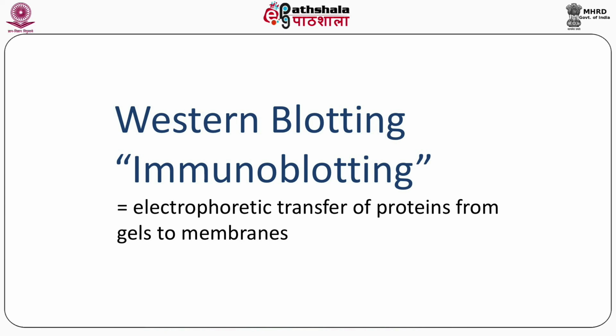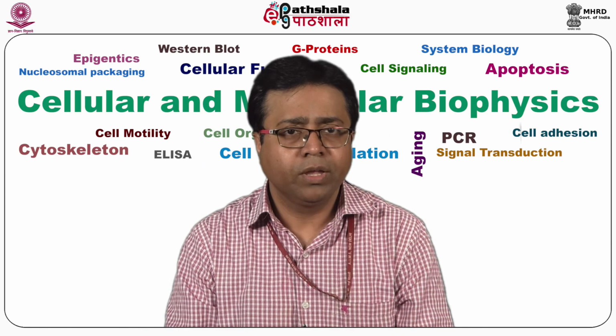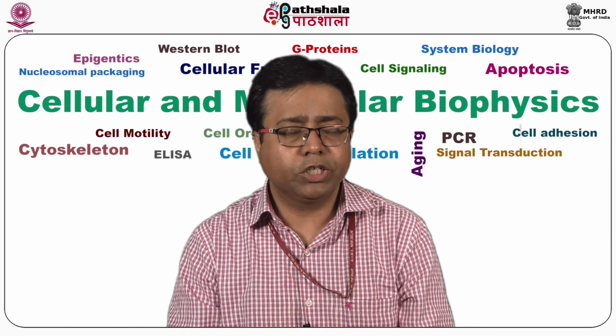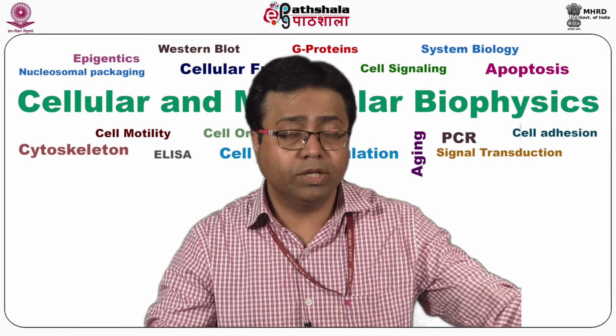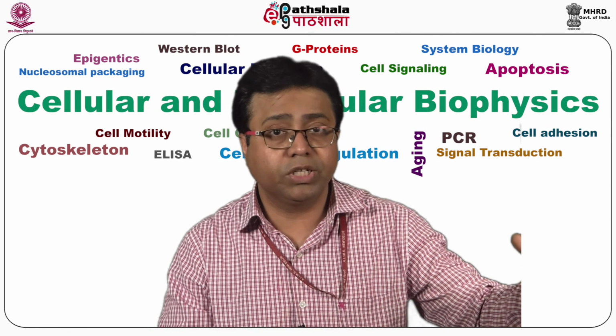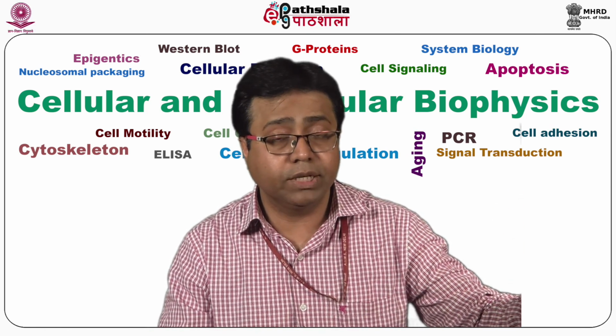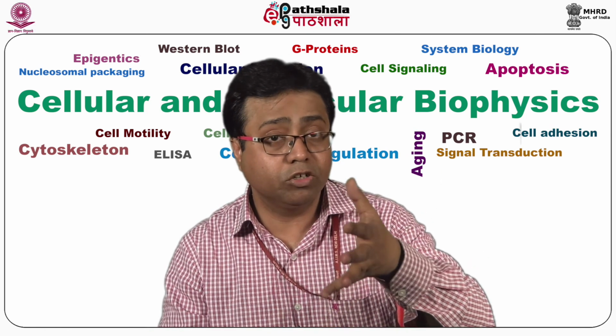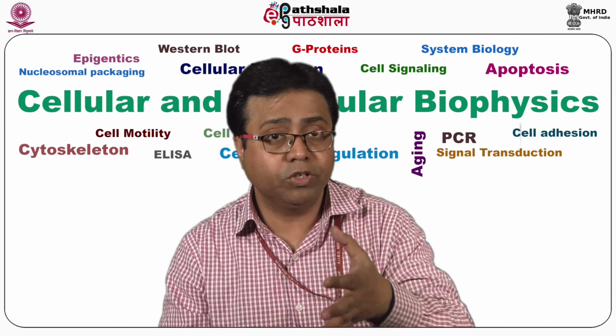We are going to see the last one of these techniques, which is known as Western blotting, also commonly known as immunoblotting. The whole purpose of the Western blotting is to deal with the protein. The Southern blot is to deal with the DNA, the Northern blot has to deal with RNA expression studies, Southern blot with mutational changes in the DNA because it is to do with the DNA, and now we have the Western blot which is actually to do with the proteins which are actually produced within the cells.